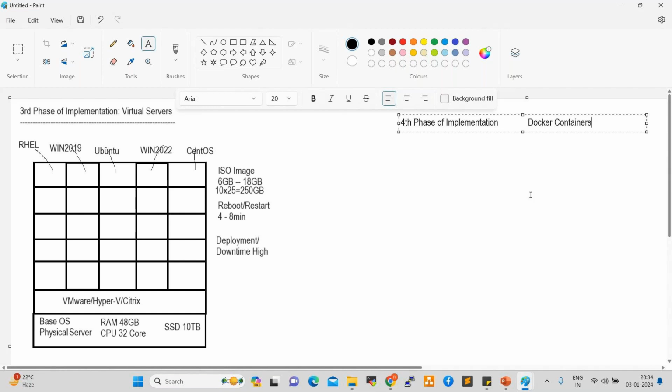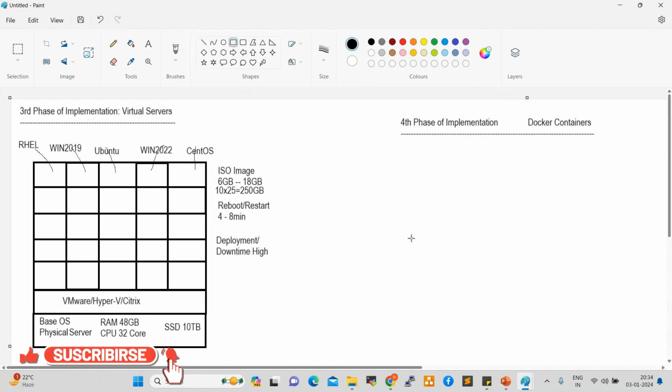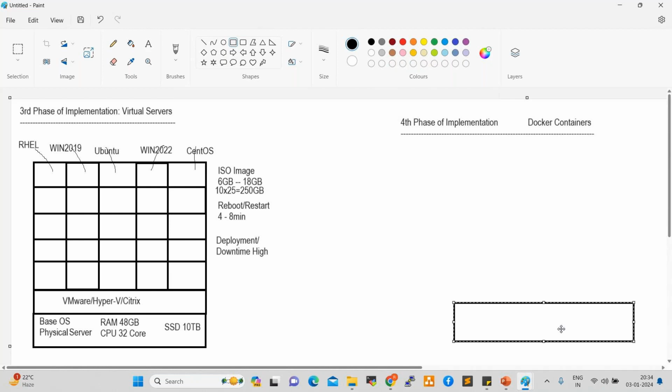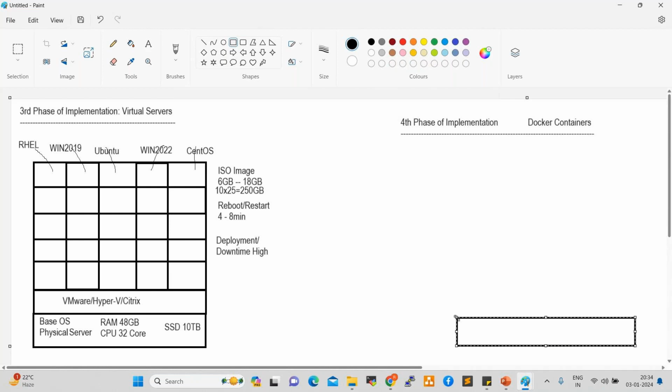Now let us try to understand the overview of this. In the fourth phase of implementation, we use Docker containers. How it would be configured and what things are available here, let's try to understand the high-level architecture. In the same way as we took a physical server in the third phase implementation, here we take one cloud server, which is an AWS server, for example, an AWS EC2 instance.